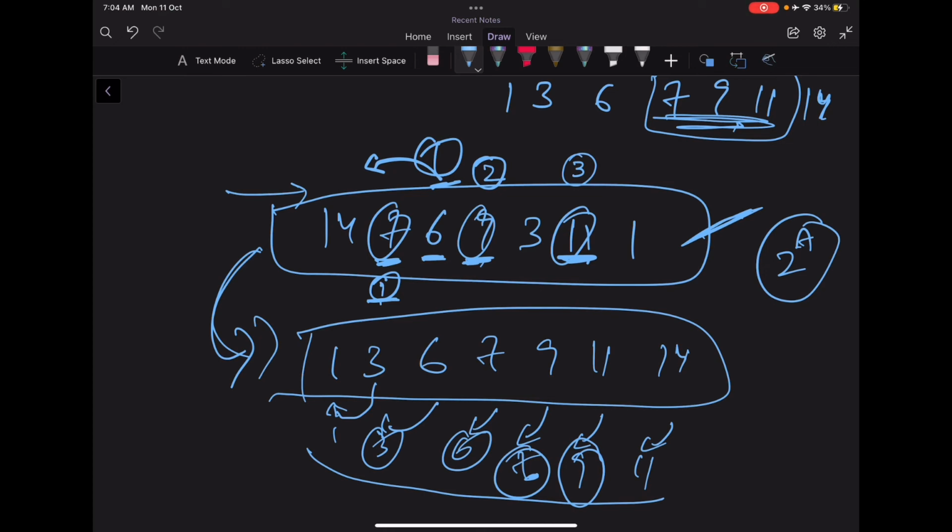So whenever we have a subsequence of length L, in that case I just need n minus L moves to sort that array. Why? Because these L numbers are already in order. I just need to sort all the rest of the numbers, and the rest of the numbers are n minus L. Sorry, n minus L should be a minus L, because the total number of tickets is a, right? So a minus L moves. So I just need to find the best length L so that I can minimize a minus L. So let's see how we can implement this in code.